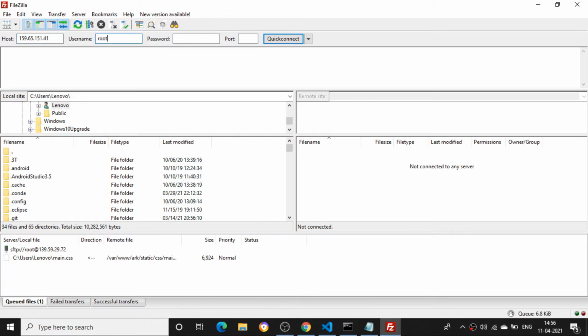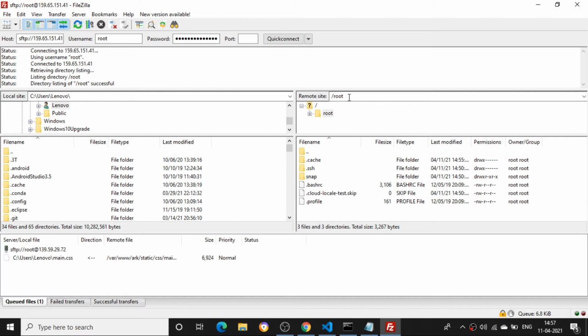I'll give the username as root. The password is the droplet password. So I'll just use the password here. I'll give the port number as the default, 22. For everyone it will be 22 itself. So I'll just click on quick connect. So I'll just enter. You can see I have activated that particular environment. So here I need to go to